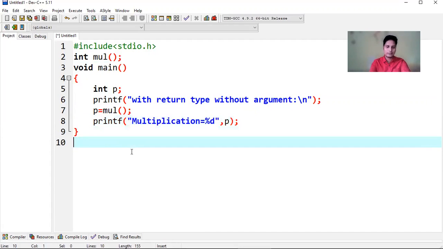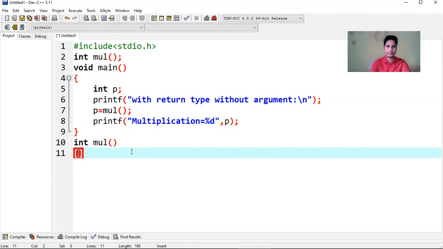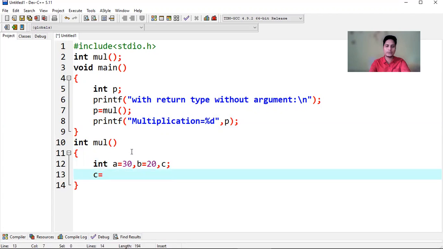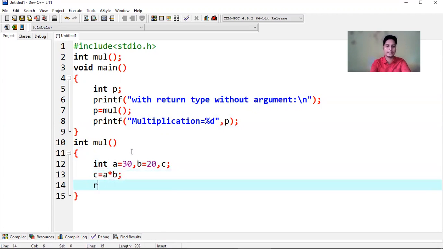Now int mul, closing curly bracket, inside that int a equal to, suppose I am writing 30, comma b equal to 20, comma c semicolon. Now c equal to a asterisk b semicolon, return c semicolon. Okay, now the program is complete.